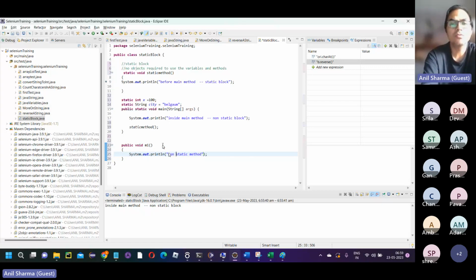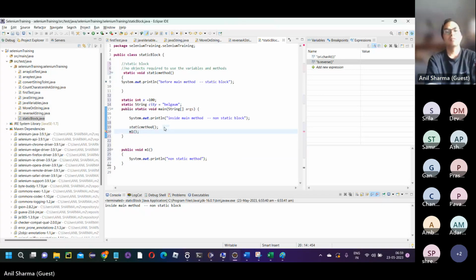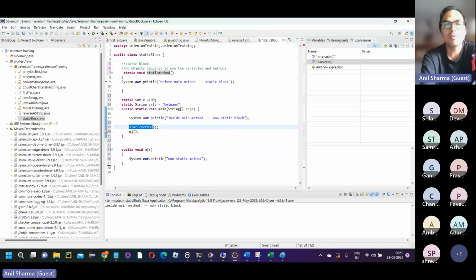I am trying to show you the difference between this static method and this M1. Now I cannot call M1 directly. Here is the difference. Because this is a static method in the static block, I don't need an object. But this is a non-static method,